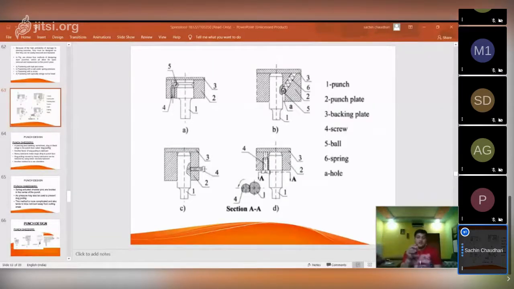Okay, generally this application is where your punching hole diameter is 20 to 60 mm. Okay, here ranges लिहून घ्या guys. So this simple screw type arrangement is used when you are going to punch the hole from 20 to 60 mm diameter.